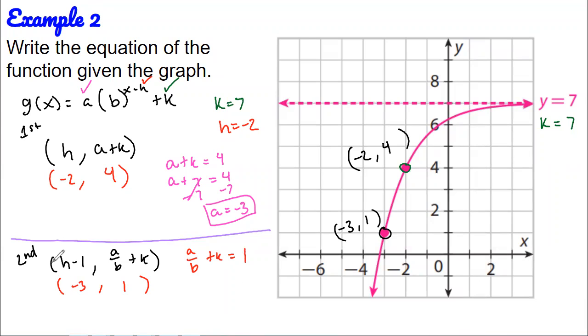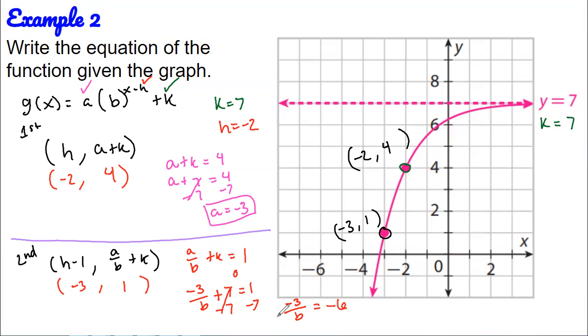We're not interested in finding h since we already found it up here. But if you wanted to, you can go ahead and find it. h minus 1 equals -3. We add 1 on both sides and h equals -2. It is true. So let's substitute our values. -3 over b plus 7 equals 1. Subtract 7 on both sides. -3 over b equals